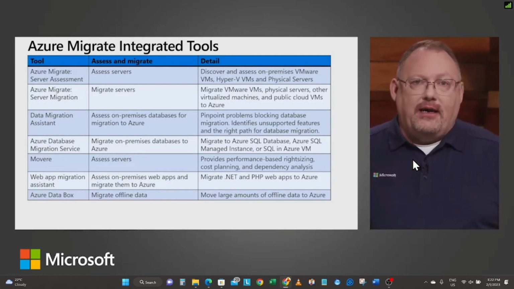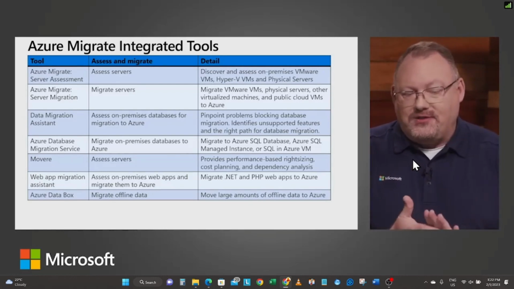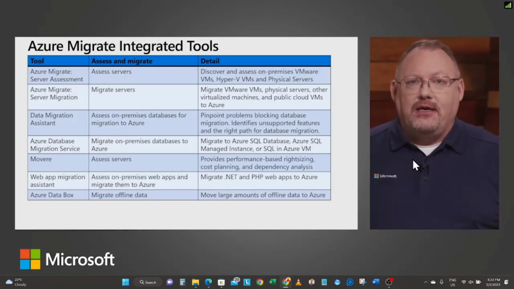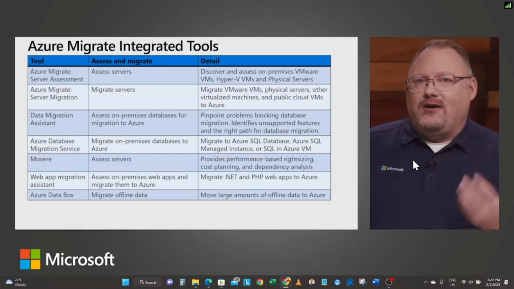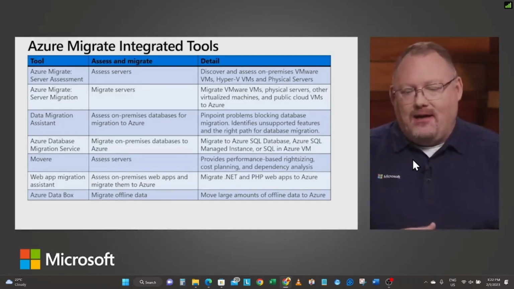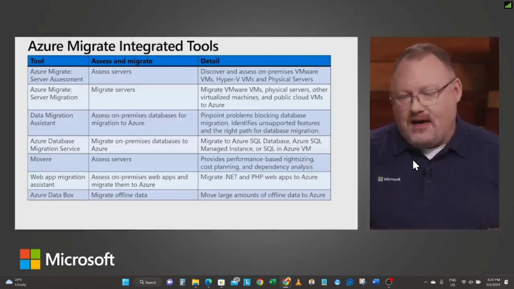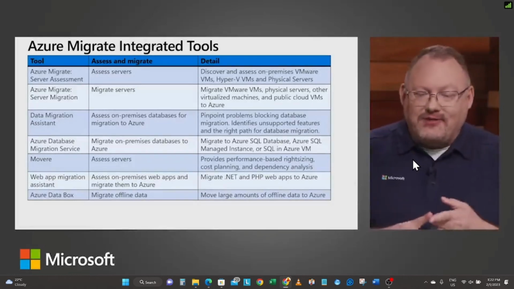We're going to look at a Hyper-V host and see how all those servers come up and for us to look at. We have migration tools that leverage those assessments to move things in environment. Now, in our demos that we're going to see, I'm using Hyper-V, of course, but guess what? These could be VMware. These could be physical servers. These could be Windows servers. They could be Linux servers.